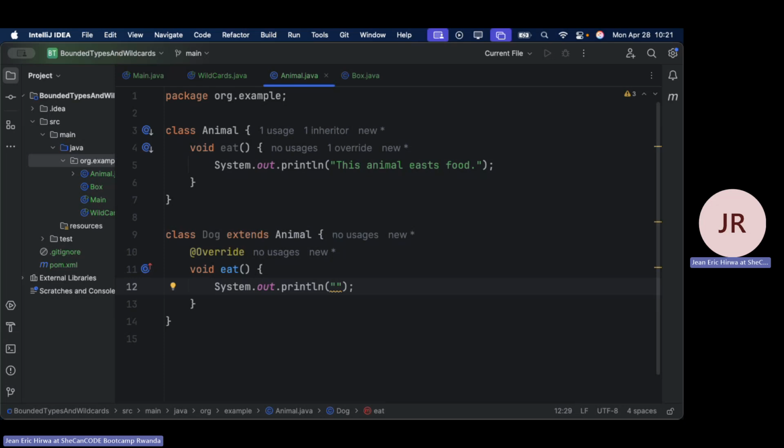And by overriding it, we can give it a different text, let's say the dog eats bones, right? And then for the dog, since a dog has its way of communicating, here we're going to add